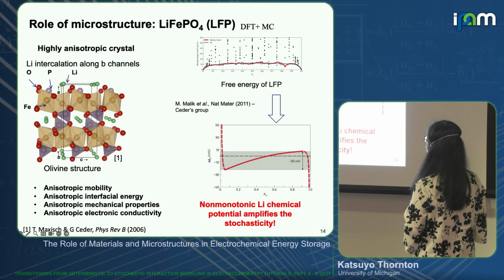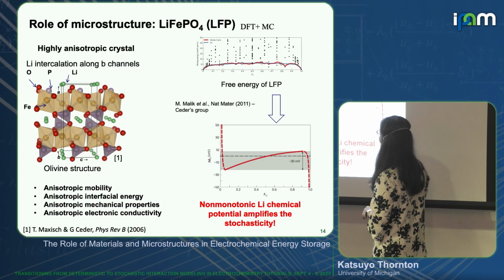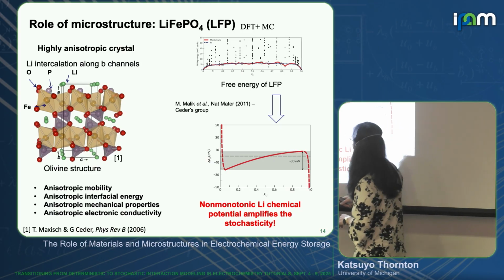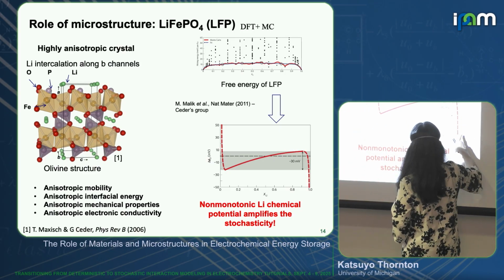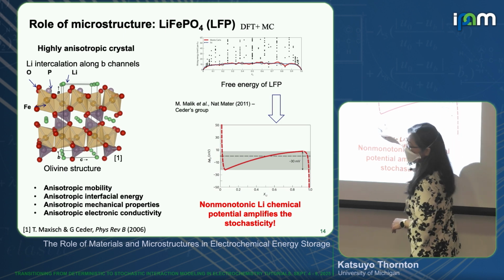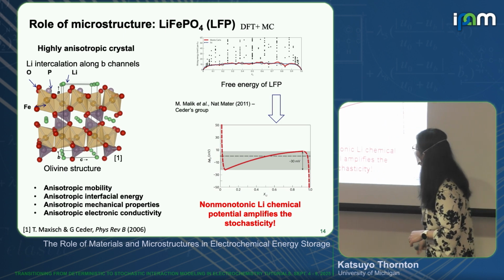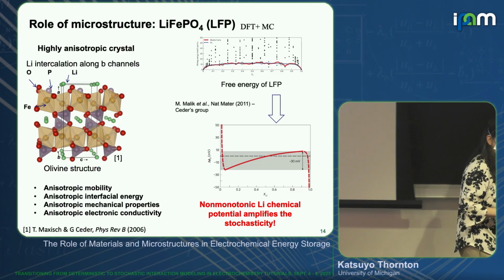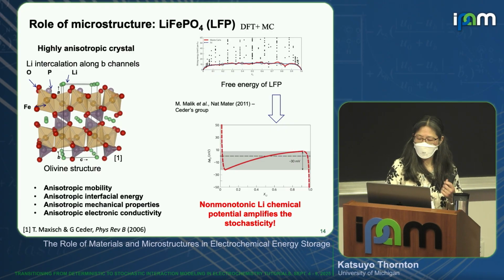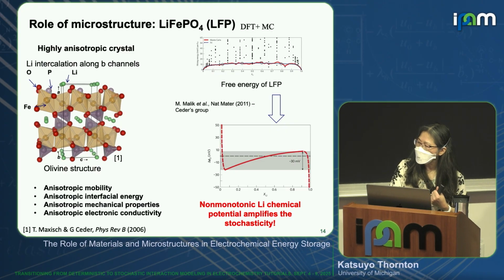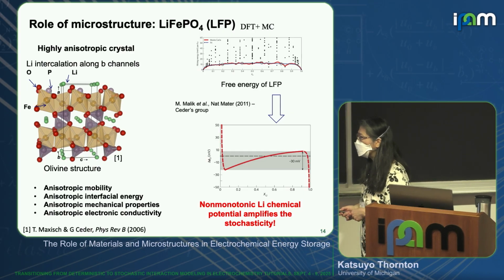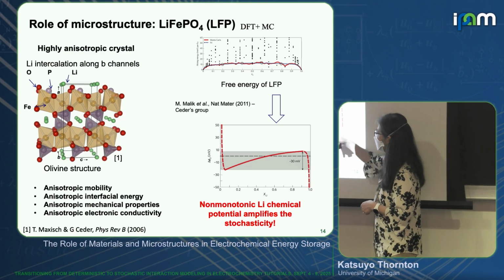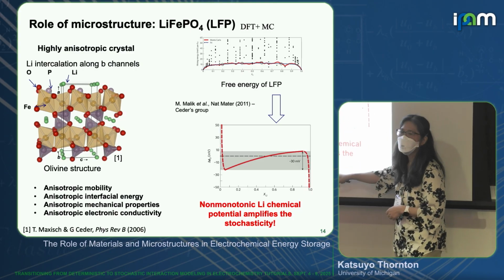When you calculate the equilibrium potential, you see something like this, where you have an inversion in the chemical potential as a function of lithium concentration. This has a huge consequence in how lithiation occurs in this system, and you will also see that this actually amplifies the